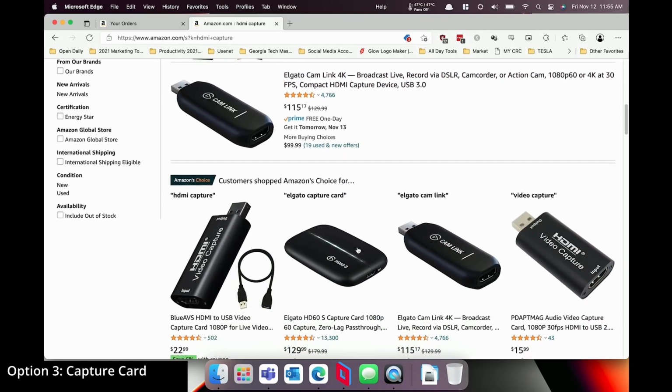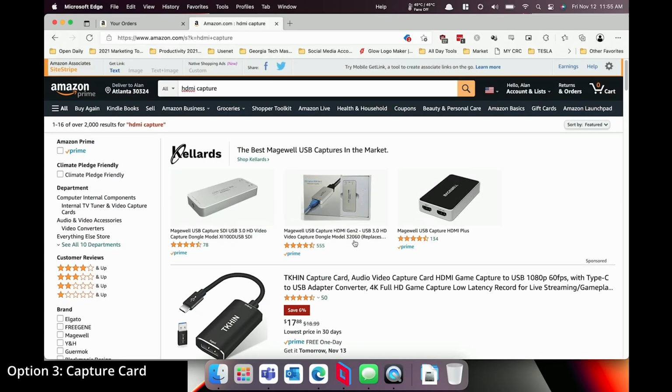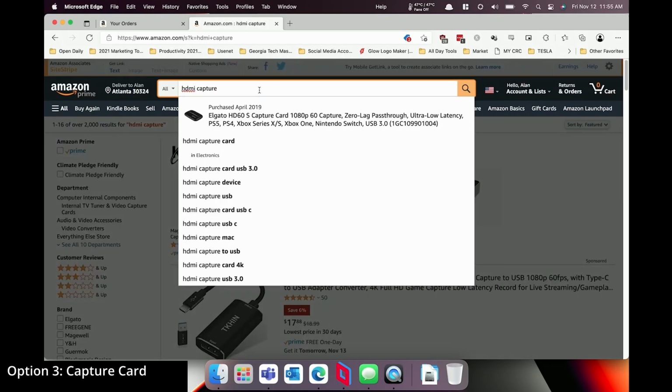The other thing I have is this HD Elgato 60S. And between these two devices, I would say you probably want to get the Cam Link, or if you like something that doesn't have a plug-in and has like a cord in case that's a point of failure, you could get the HD60. And if I was on Mac OS, so this one works on Windows. I'm actually recording this video on Windows. I would get this HD